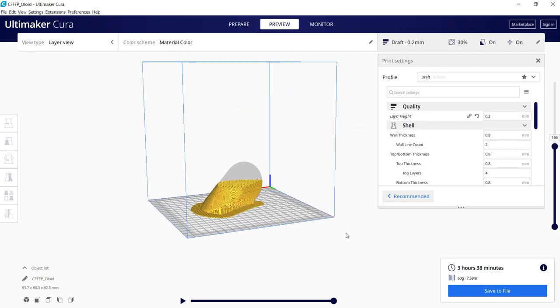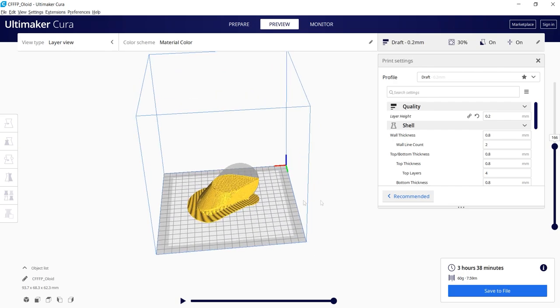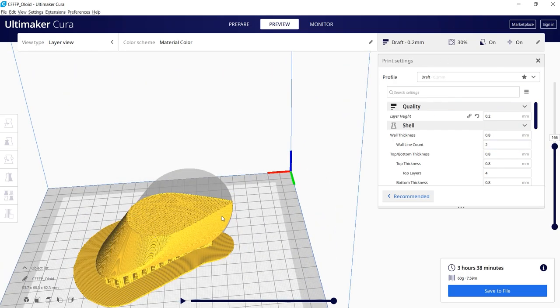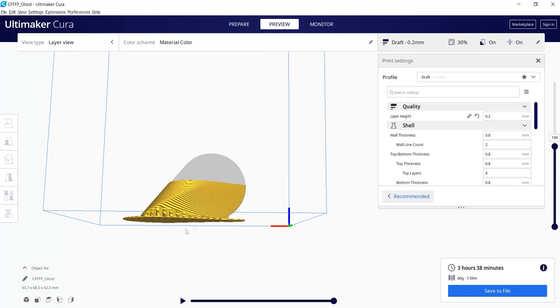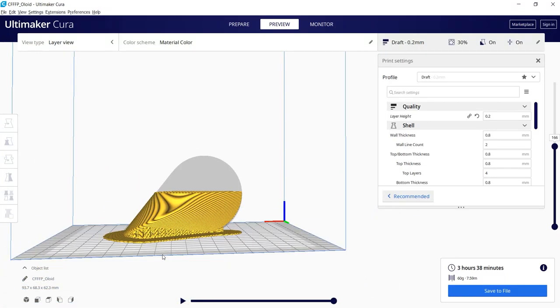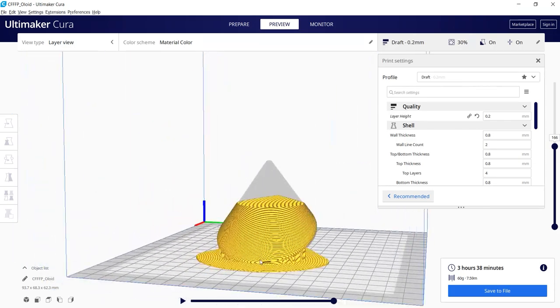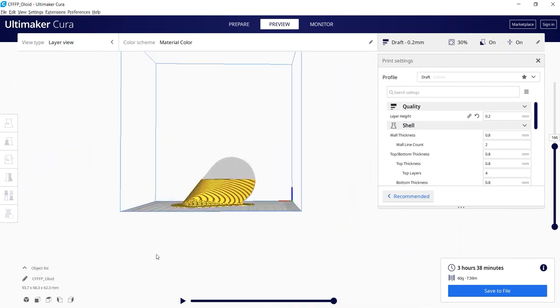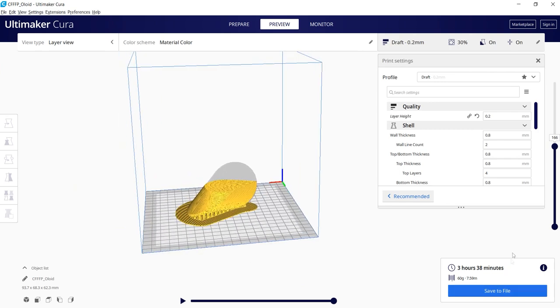Now let's do the same for the oloids. I already sliced them. The only difference is that I'm using 30% infill density, and it requires a little amount of supports as the surface area with the bed is not large. It requires some supports so that it will be stable while printing. Yeah, it requires 3 hours 38 minutes, and this is how it looks.